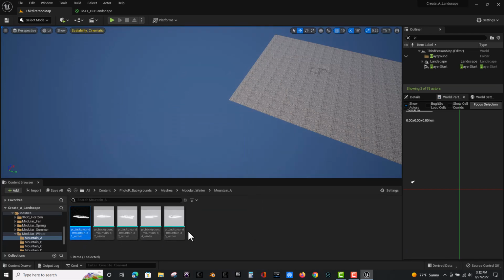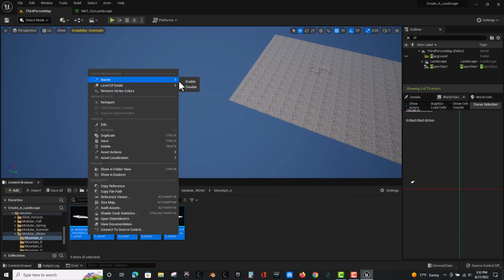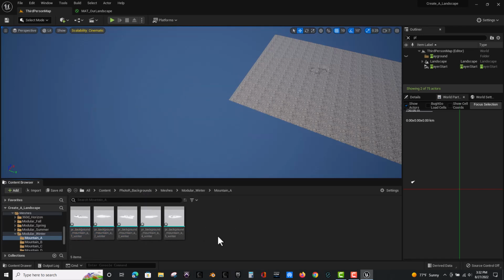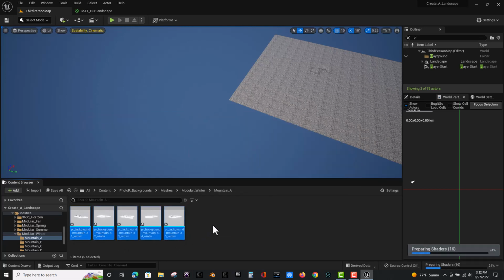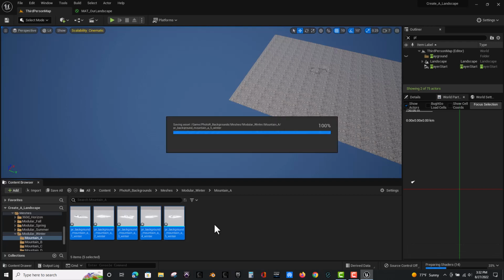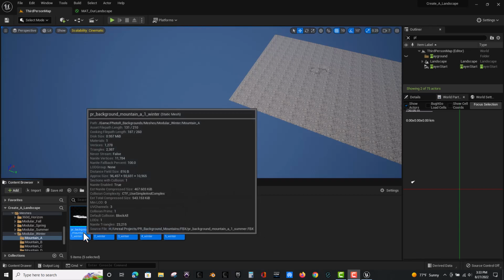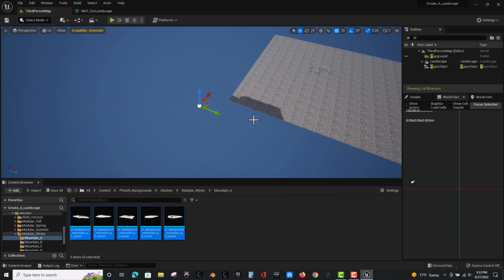So if I decide I want to use any of these, I can highlight them all, right click, and just enable Nanite. Okay, and that way it's not going to slow down our frame rate. Just going to save those. This process is going to take a second, so I'll press pause until it's finished, and I'll be right back. Okay, so that's done,